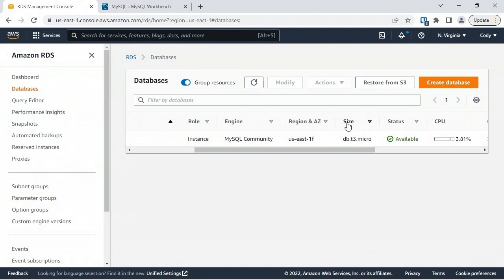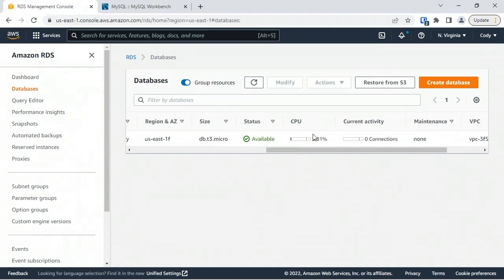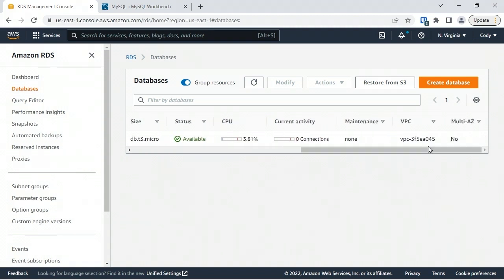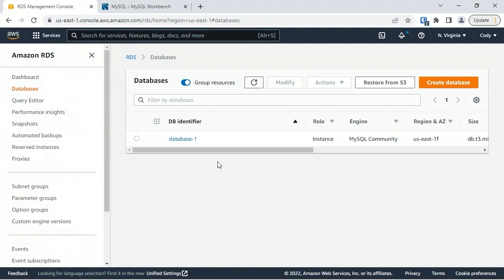I also have a reference here for the database sizing, the underlying horsepower. The status is available. Not very much CPU utilization, 0 connections. Okay, there's not really much going on with that particular database. Well, when you deploy databases in the cloud using RDS, it's a managed service. Platform as a service, really. You don't have to manually provision the underlying virtual machines. You don't have to install database engine software. It's done for you. But you need a way to connect to it to manage it so you can actually